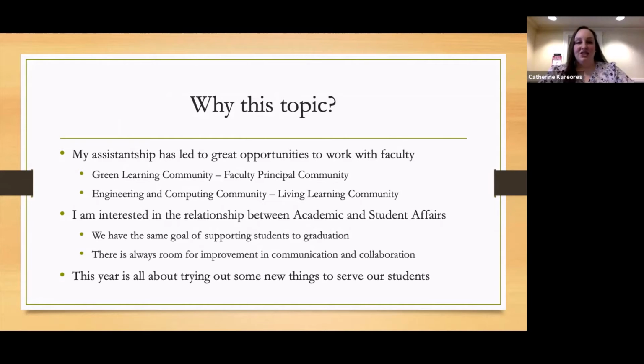And then when I came into my assistantship here at the University of South Carolina, I jumped into a residential community with two very different kinds of communities that involve faculty members. My primary community here within my building is our Green Learning community. It is a faculty principal-based community. Essentially, that means we have our faculty principal, who's a tenured faculty member in our College of the Earth, Ocean, and Environment, who focuses on marine science. He teaches all of his, or most of his, classes out of our learning center, which has classrooms and different facilities here in our building.